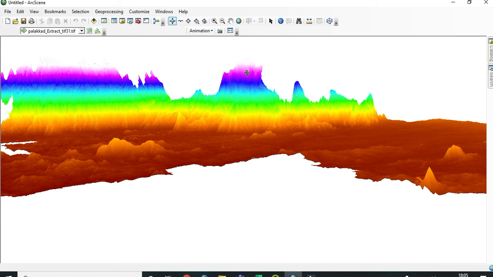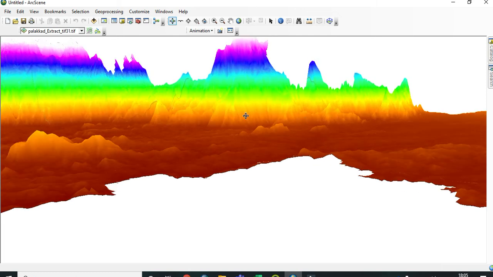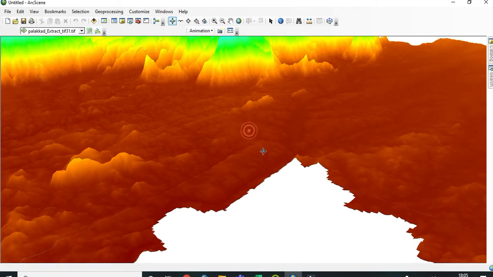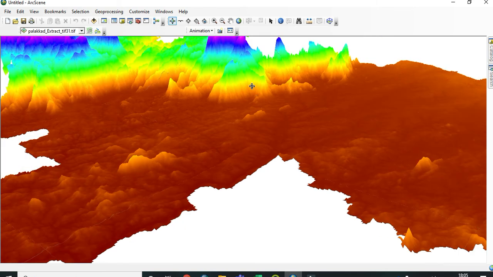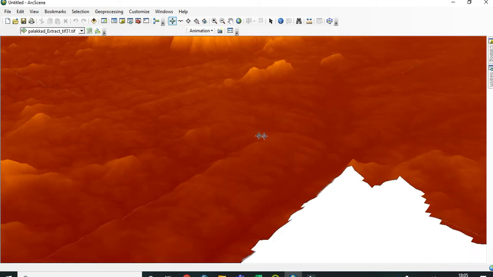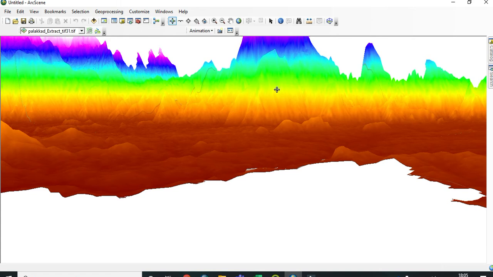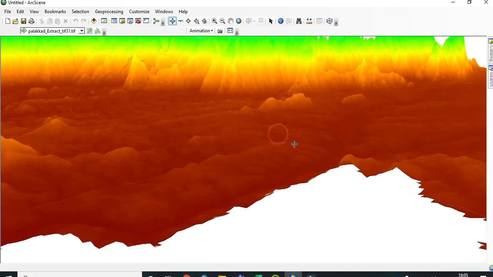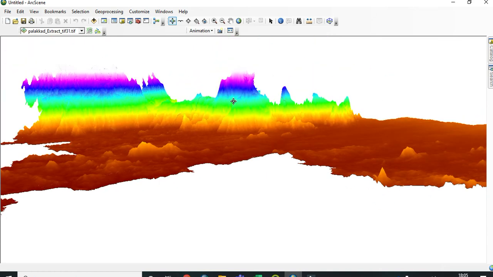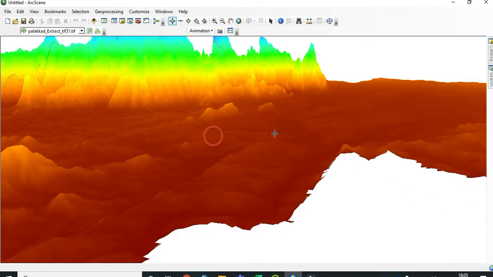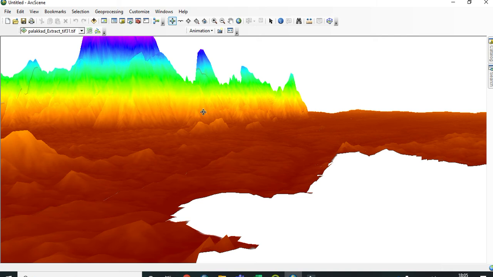So based on this height and this study, we can predict if we have any settlement near the hill station. Then, studying this rock, if there is a chance of any landslide, that also we can predict based on our view of the hill.